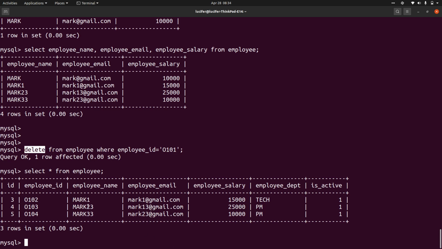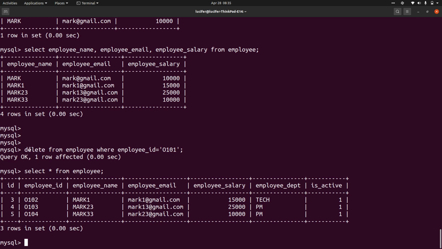It will not remove the spacing. Let's say you have created 1000 records and then you deleted those 1000 records. Suppose those 1000 records occupied 10 MB of space. Whenever you delete those records, those 10 MB will always stay there. It will not get deleted. So even though you deleted all the data, the space that they reserved will still be there. It will not be removed using this delete command.